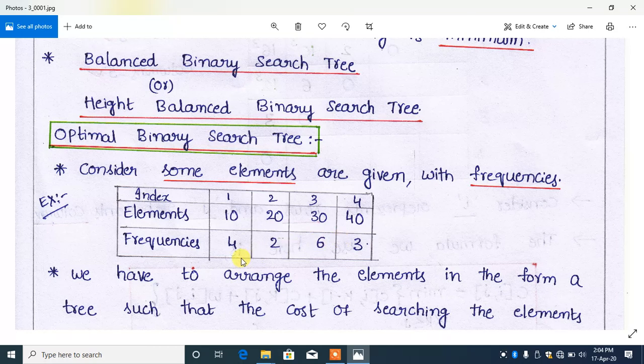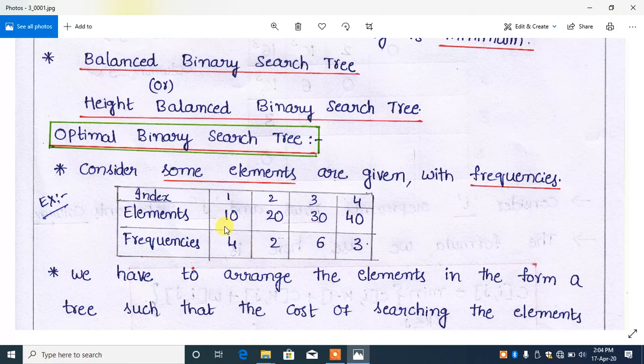This means that all the elements are not searched with the same frequency. Some elements are searched frequently and some are rarely searched. For example, for the element 10, the frequency is 4. Out of all these elements, which element is frequently searched? This element. Which element is rarely searched? This element.